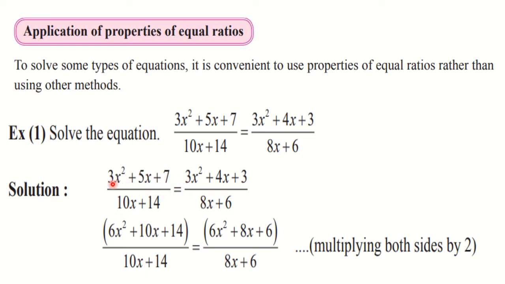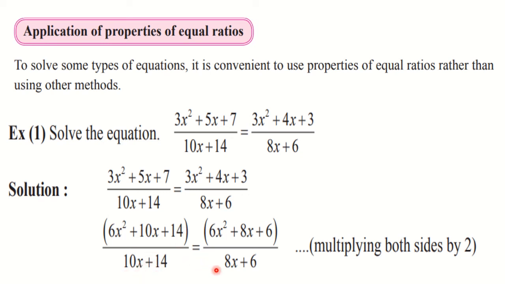So that way also you can do, but here multiplication is done. So see, multiplied each and every term by 2. So what you got, 6x square plus 10x plus 14, and here 6x square plus 8x plus 6. See, now the terms are same. You can see this, both the places. Also what you will observe is their signs are same, plus and plus.